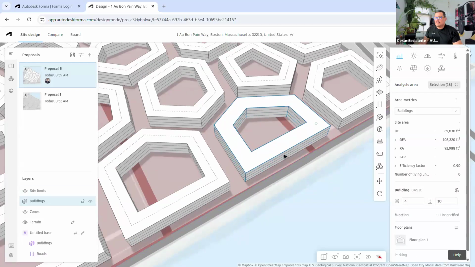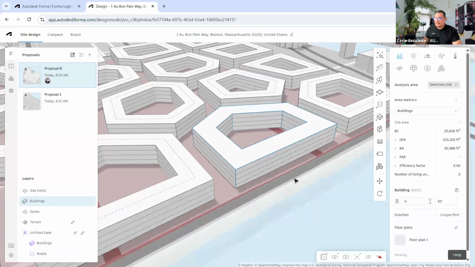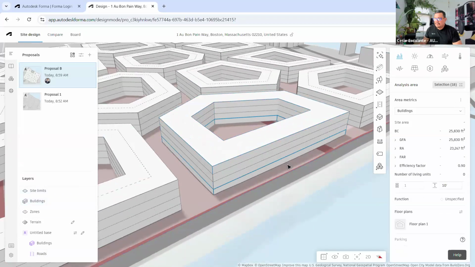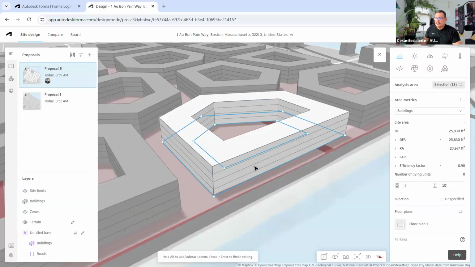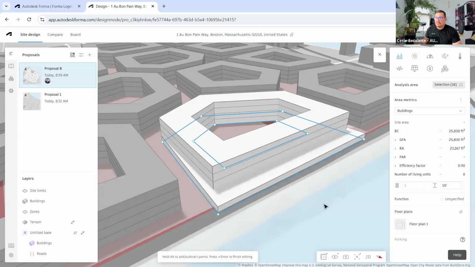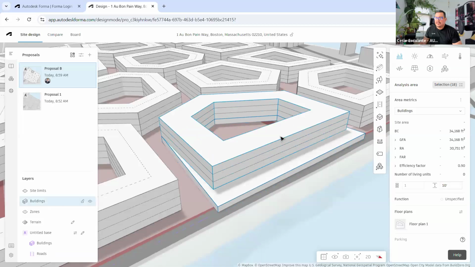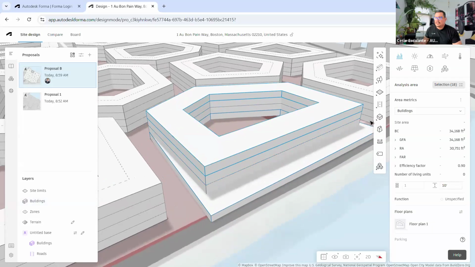And then in 3D sketch, you can use some of the 3D sketch functionality to edit the building. If I'm going to build like a podium, you can do that. I can create more details on the facade, assign functions, build additional facade elements,